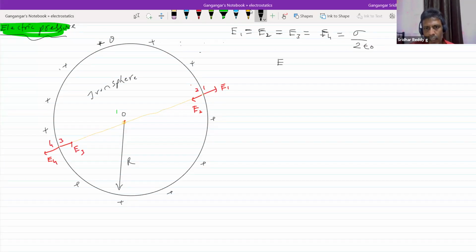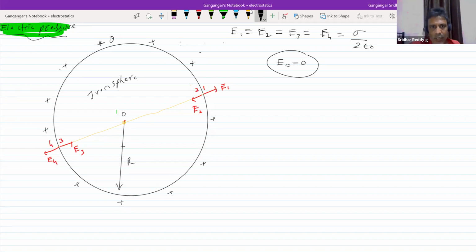We know that inside the conductor, due to static charges, field should be 0. So therefore it will be 0. Why 0? Because E3 and E2 will be equal and opposite. You have to assume two symmetric elements. Due to any two symmetric elements it will be 0. Like that, the resultant field at point 0 will be 0. If you are thinking in terms of Gauss law, just draw a Gaussian surface here. Then what is the net charge enclosed? Will be 0. That's why the field is 0. Either Gauss law, or if you're thinking mathematically, then you have to analyze like this here.